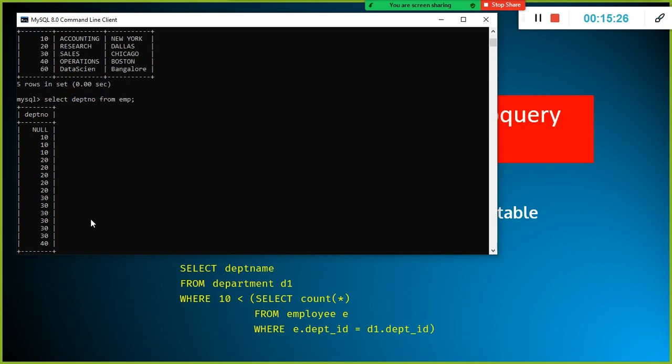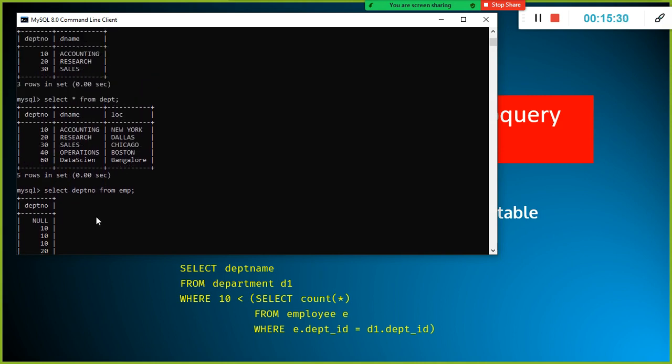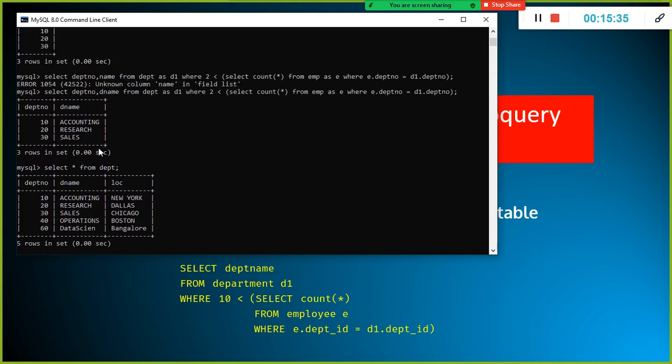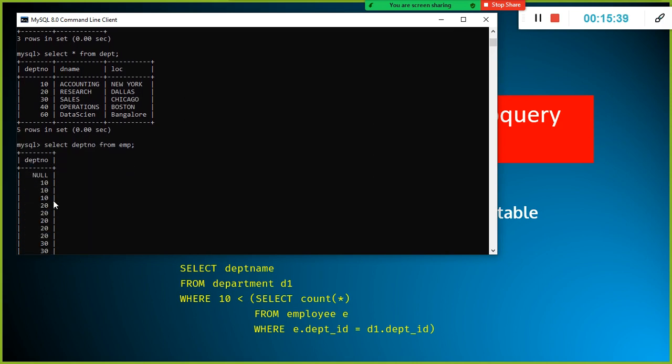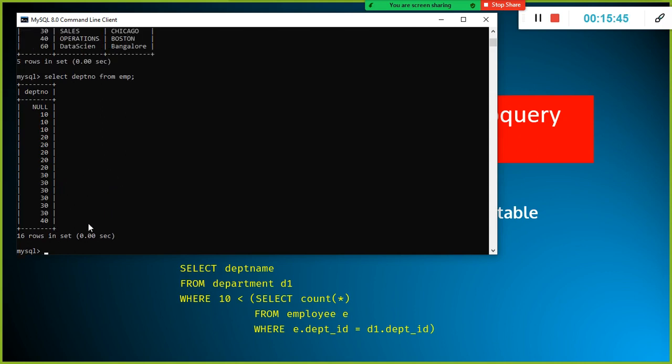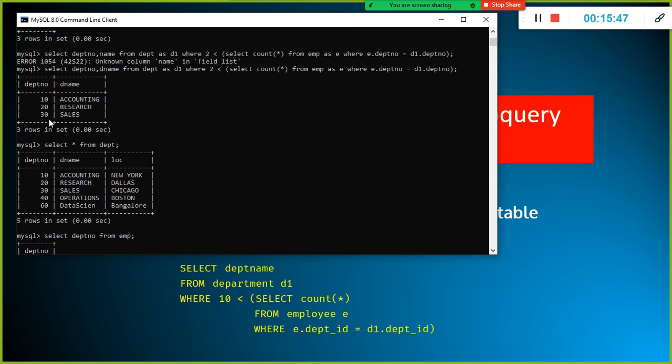How many times does each occur? In 40 we have only one employee. Only these 3 departments are there, 10, 20, 30, and 40 is also there. But why is this query not bringing in 40 here?